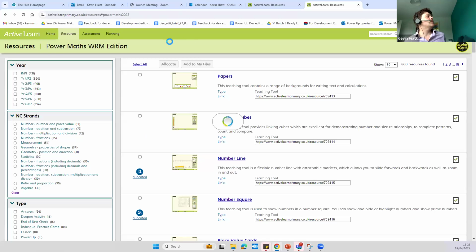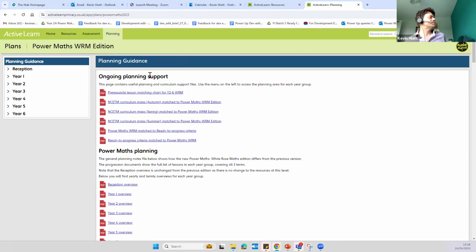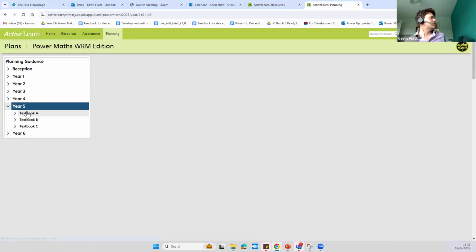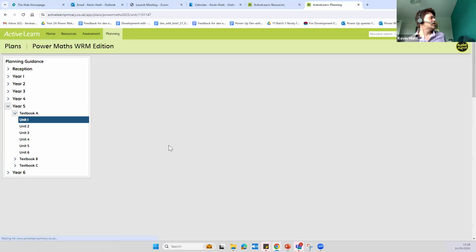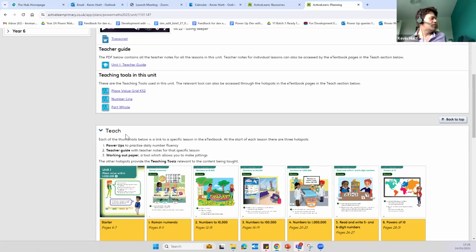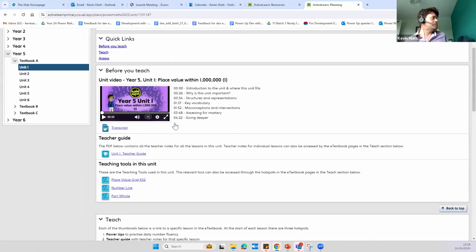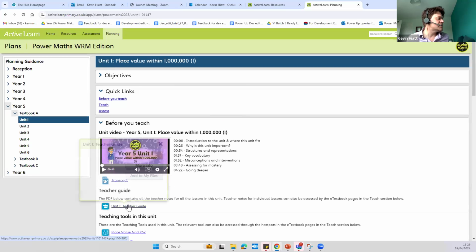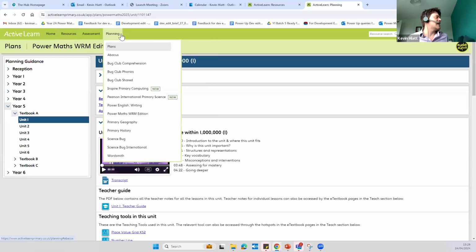Lesson starters. So if you have your digital subscription set up, I would probably go to planning. Oh, that's the wrong course. Hang on. Power Maths White Rose Mathematician. And then let's move to a different year. Let's have a look at year 5, for example. So we've got the overview here, but then we want to go more specifically. Let's have a look at unit 1. So straight away, we've got the whole lesson plan here. We've got the starter and the link to the starter here. That's the actual thing. We've got the Unit 1 teacher guide that links out for a PDF with all of the teacher notes as well. So it's within the planning area on the platform.